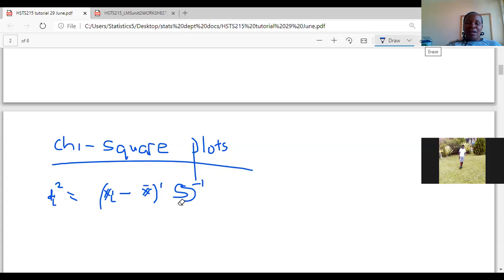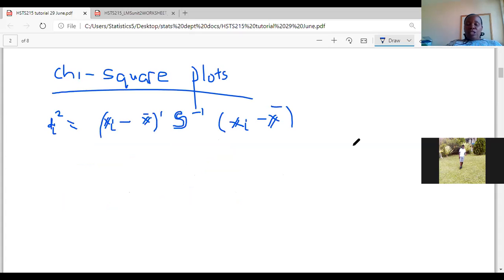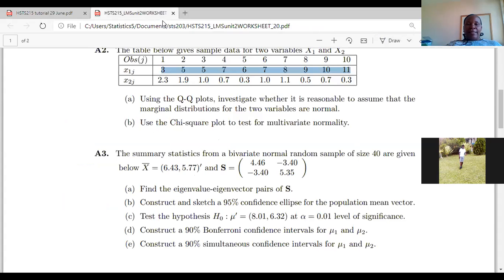times xi minus x bar. Right. So in this case, which means if we look at our data,